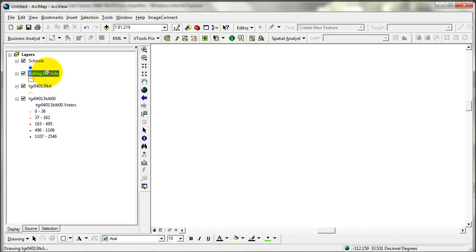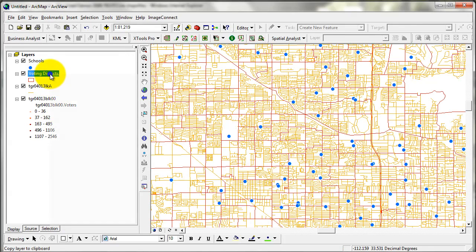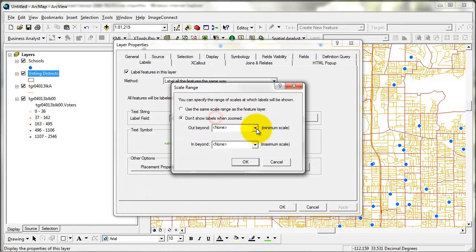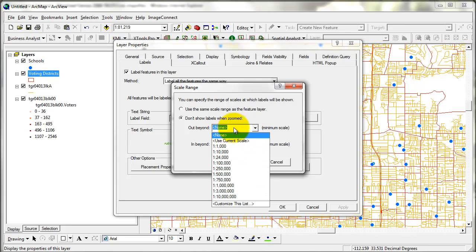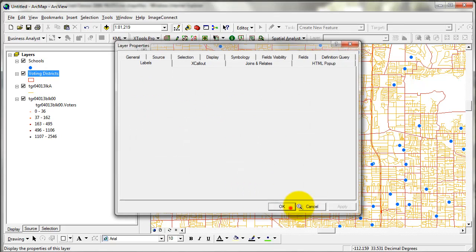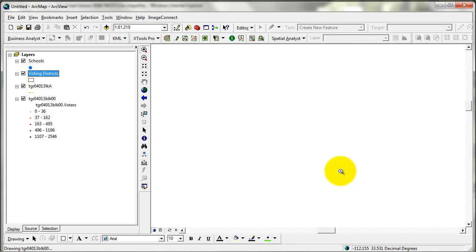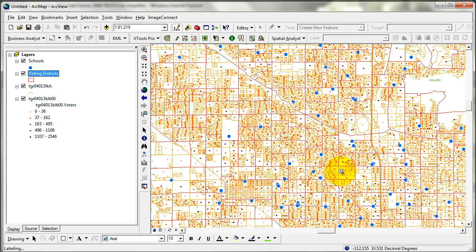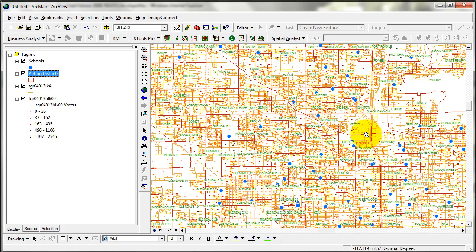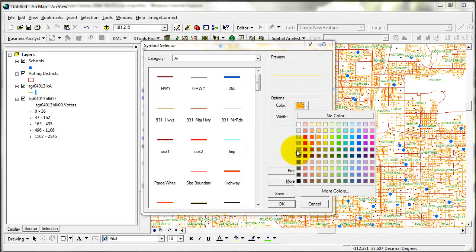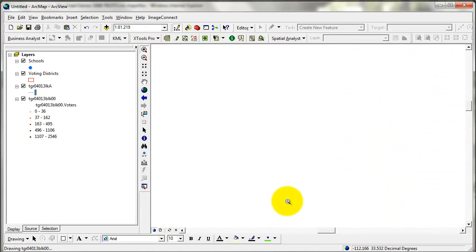And once that is done, actually you need to make sure that you set your scale range for this as 1:100,000. So you don't want to see these labels when you are out beyond 1:100,000. So once you are done, let's see how the map looks like right now. Yeah, which looks pretty good. So we'll zoom into something and actually change this color to something a little less gray,